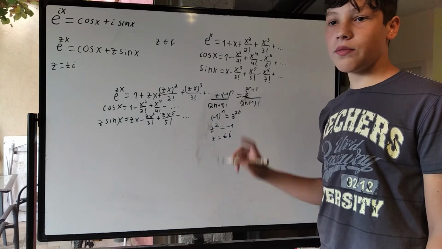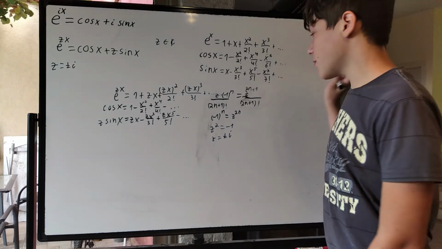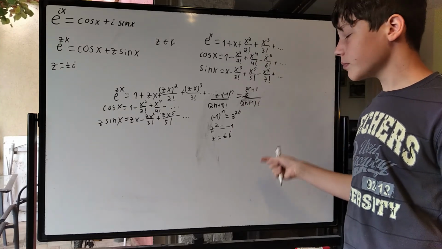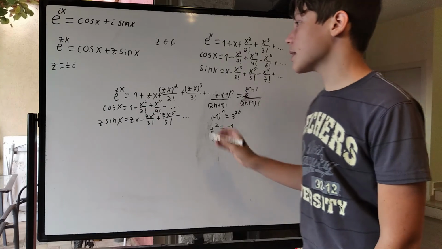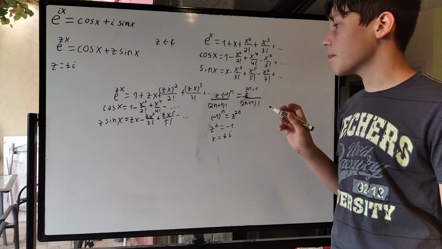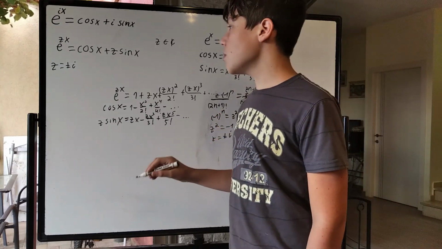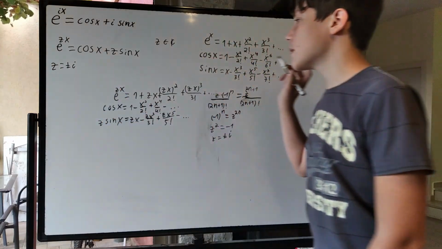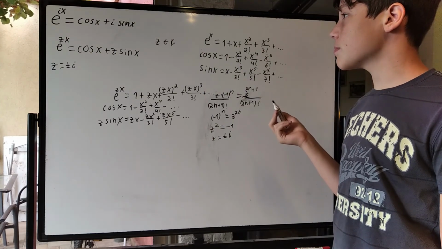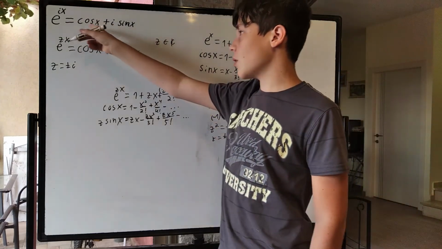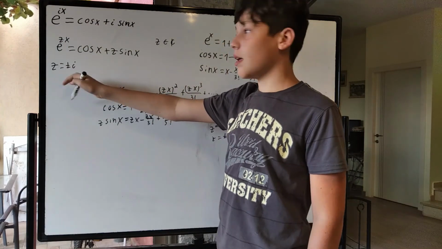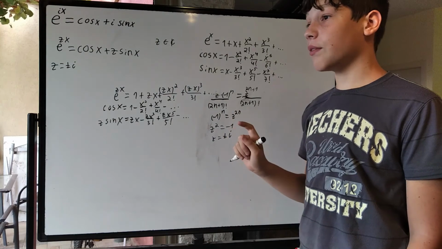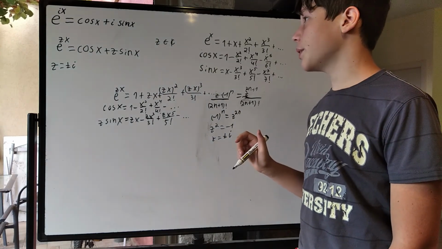So in both cases, the coefficients of the even powers and the coefficients of the odd powers, we got the result that z is equal to plus or minus i. So this should be our solution, right? Well, not so fast. We have to check if these are solutions. So we already know by Euler's formula that z is equal to plus i is a solution. z is equal to negative i is also a solution, because